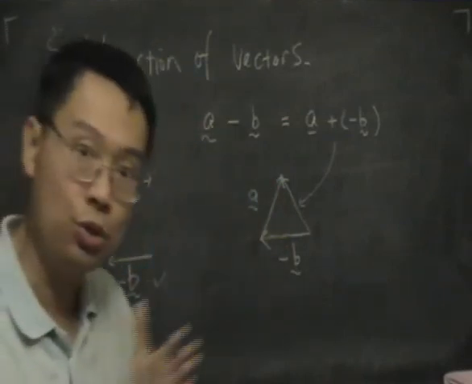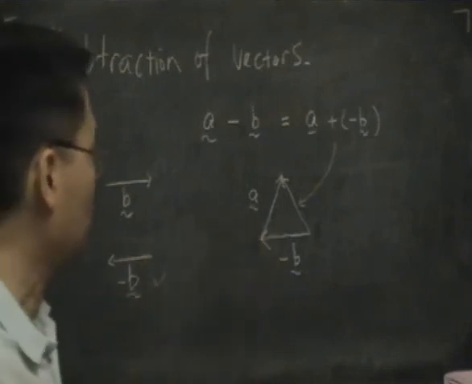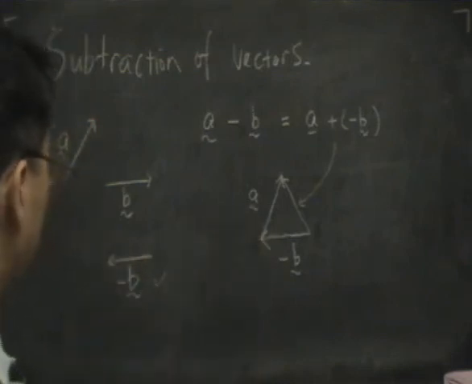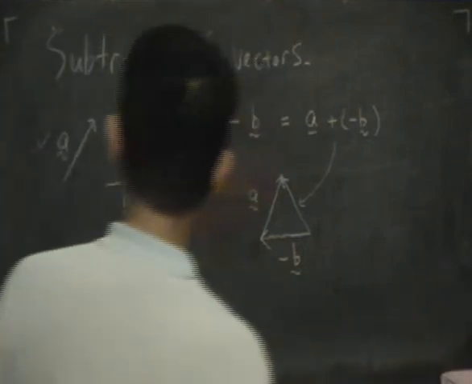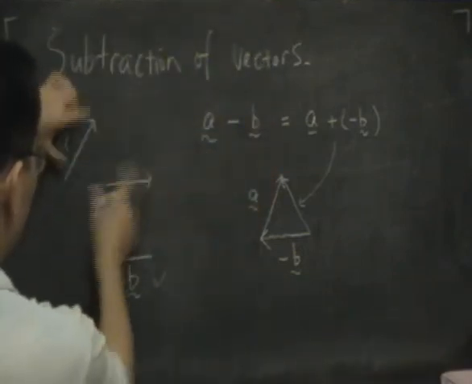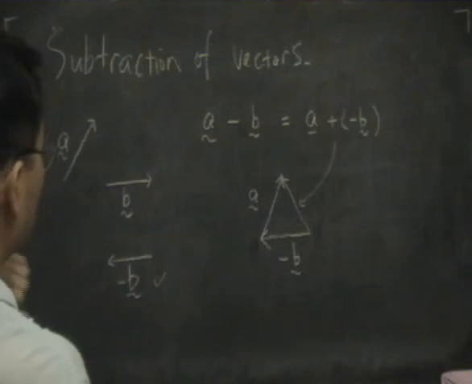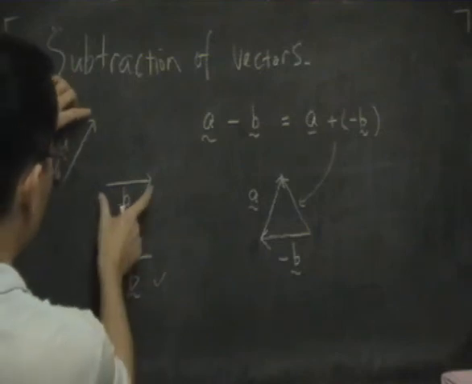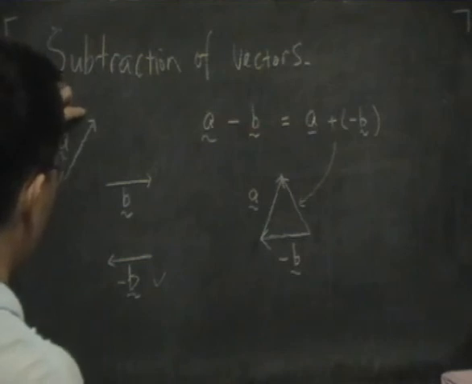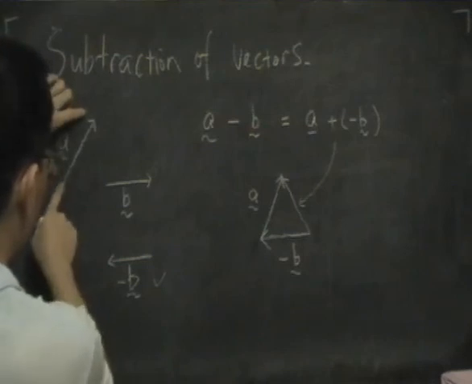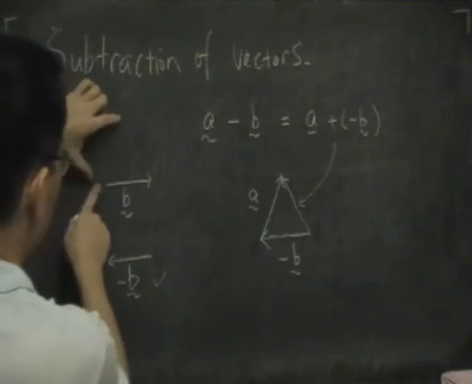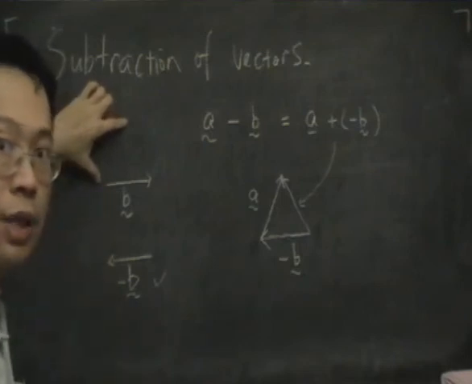So in order to shortcut all these steps, what we could do is this. Let's start from those two vectors. I'm simply going to move one vector until the tail end